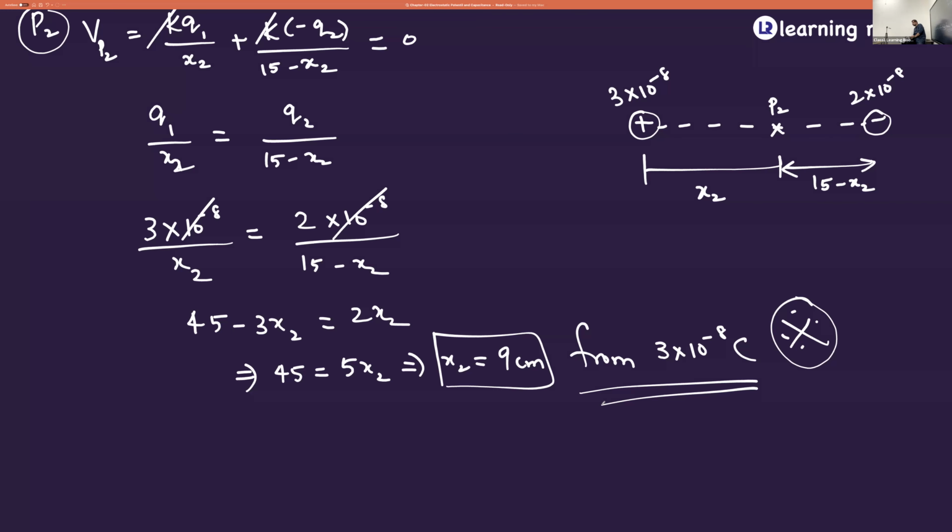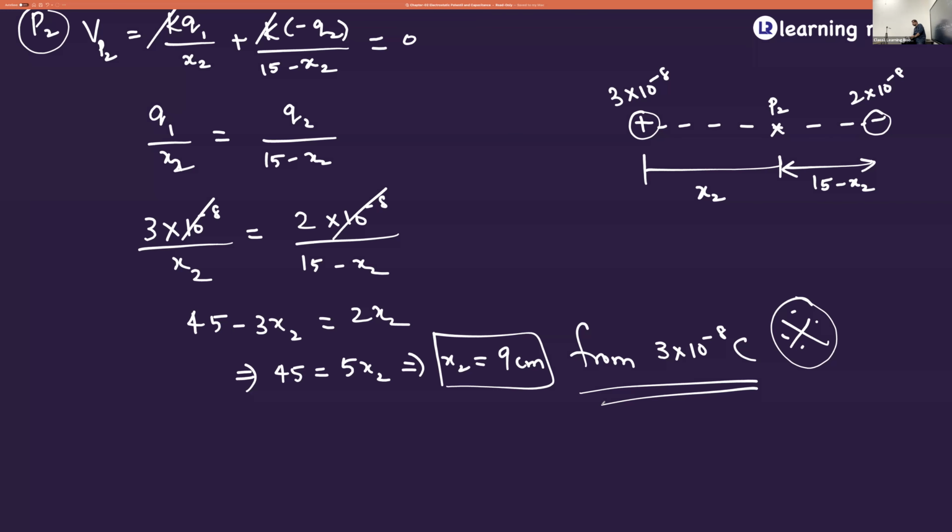Clear? Right. So here, if you observe, one important point to be noted is, this kind of a question will come under two scenarios. One is they will ask you to find the point where the potential is 0. Second is they'll ask you to find the point where the electric field is 0. If at all there are two charges and along the line joining two charges, if you need a point where the electric field is 0, it is possible if you have a system of like charges also.